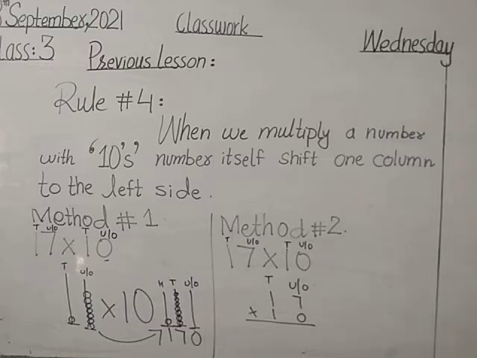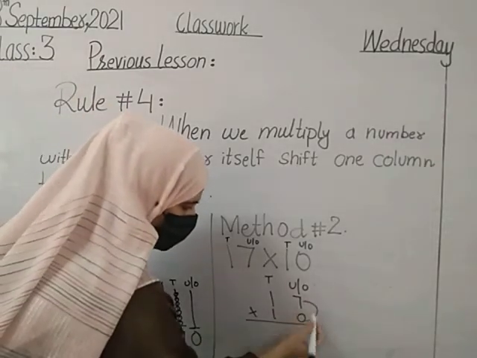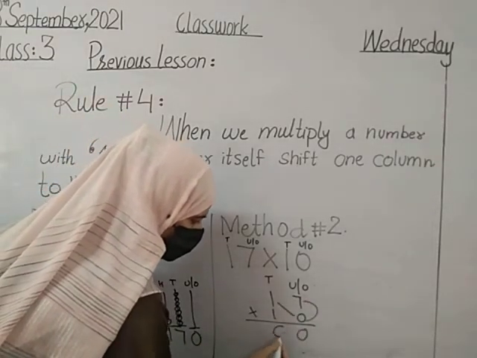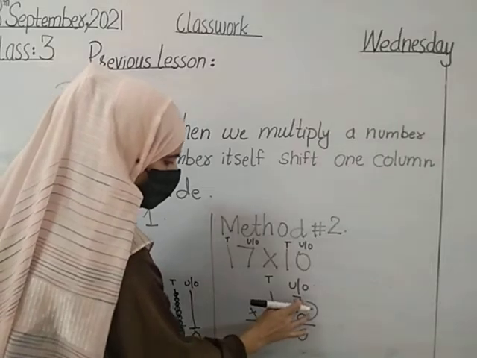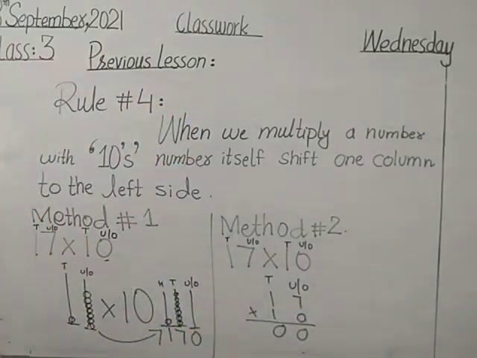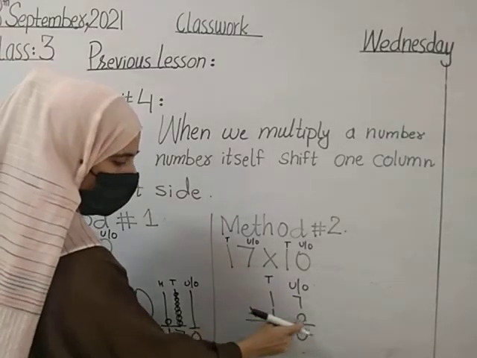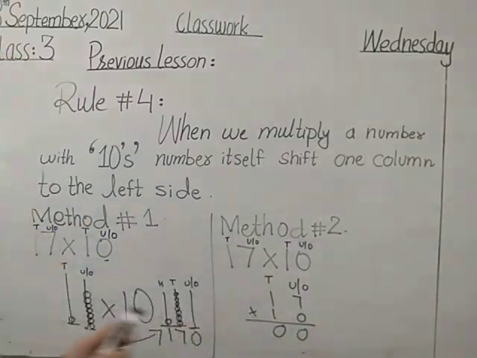Good. When we multiply a number with 0, our answer is 0. 0 sevens are 0, 0 ones are 0. Now we have no more numbers for multiplication with 0. We multiplied the unit and ones place values with 0. Now we are going to multiply with the second digit, the tens place value number, which is 1.